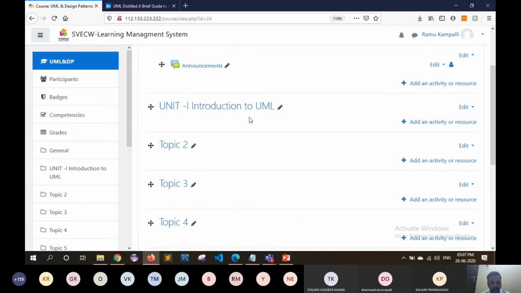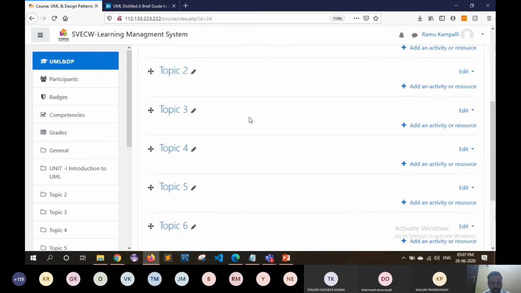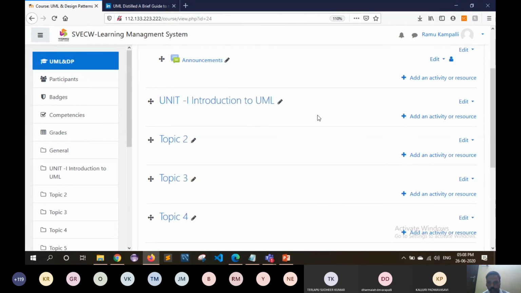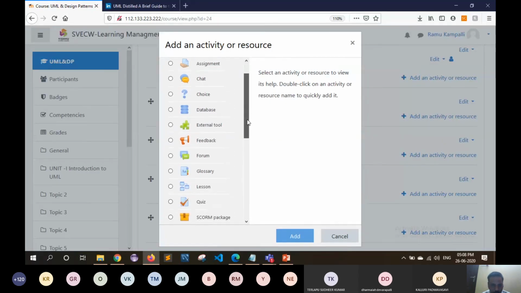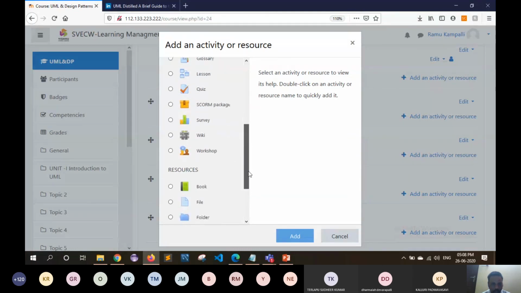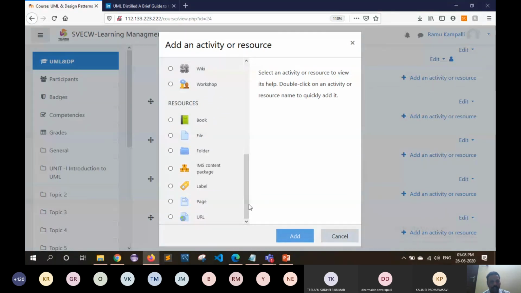So after changing the topics unit-wise, now I'm going to discuss how to add different kinds of resources to each and every topic.